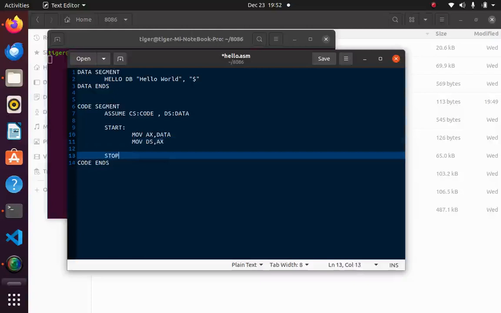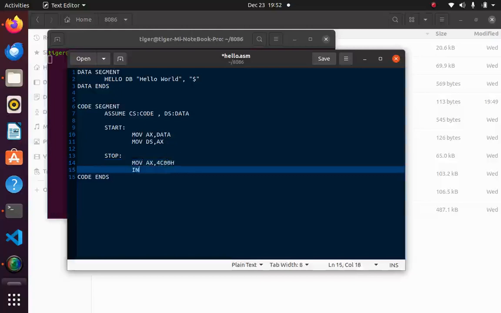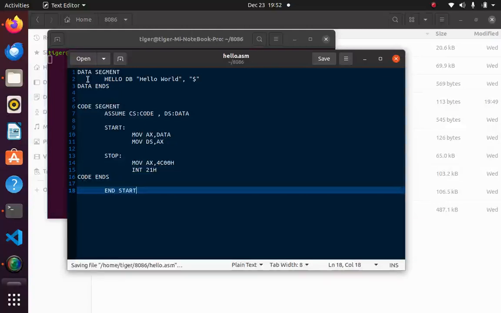For stopping the code I have a function. For calling that function, basically I have to move 4C00h into the ax register and call the interrupt. For any function I have to call the interrupt. Then I have to end the start also, so after code ends I will write end start. Now this is the basic code. This won't do anything, but